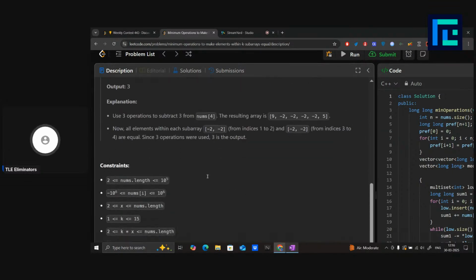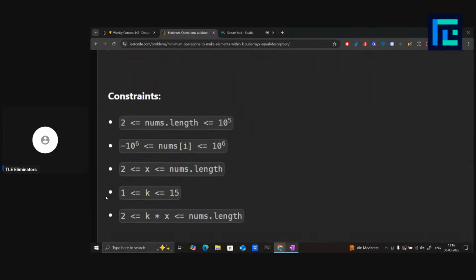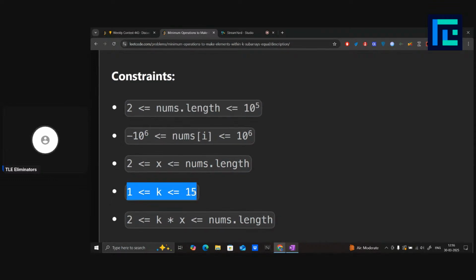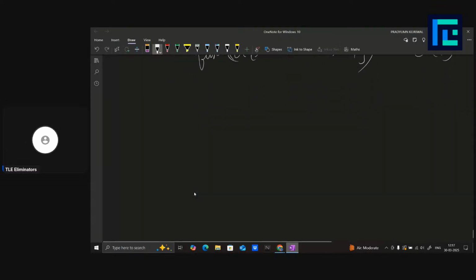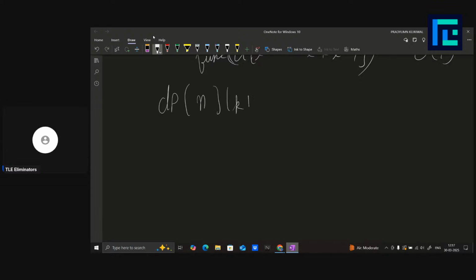And yeah, the constraints on k are also pretty small. Like, k is only from 1 to 15. So actually we can also do an n times k dp, right? So what we can do is keep a dp. Okay, we can keep a dp of n times k or n times (k+1). This is the size of the dp,